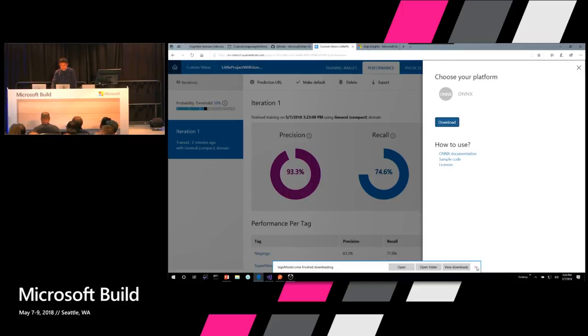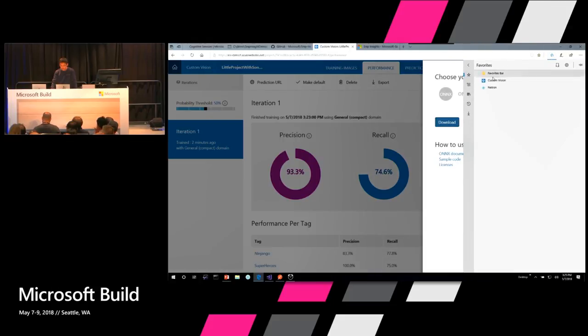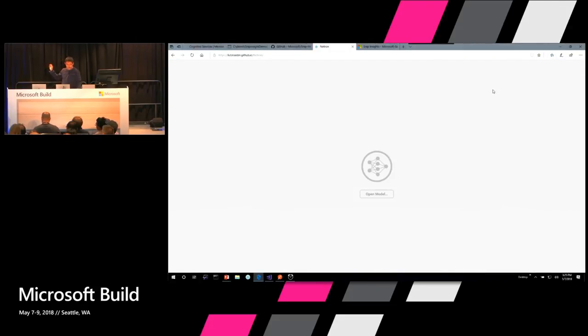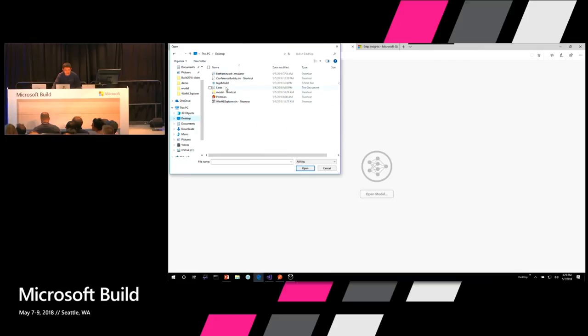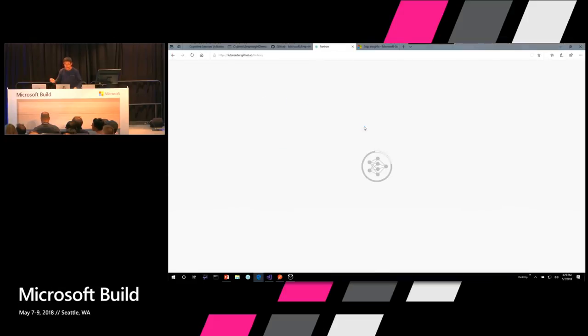Now, once this is done, of course, I could always go to view what the model looks like, and therefore I could use something called the Neutron browser. I could open the model, right? I could go to my desktop, and I can take a look at the Lego model, and you see that deep inside this model, if I were to zoom in,